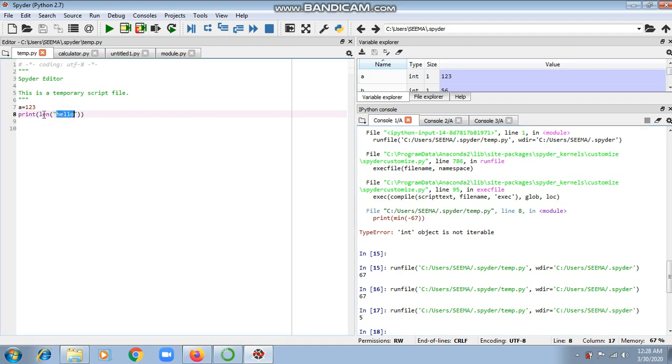Then we have the round function. The round function is used to get the result up to a specified number of digits. The round function rounds a given floating point number to a specified number of digits.